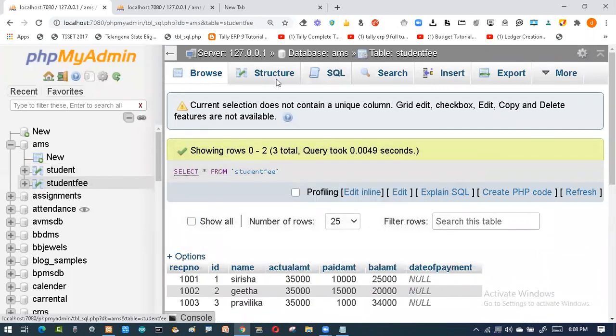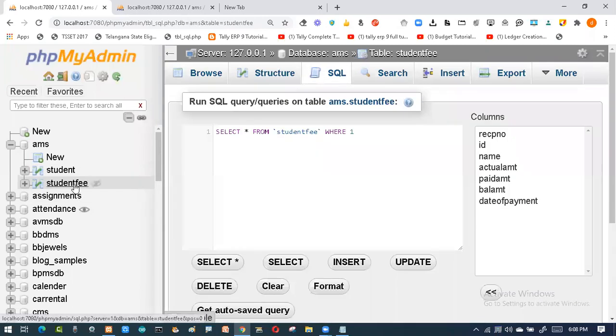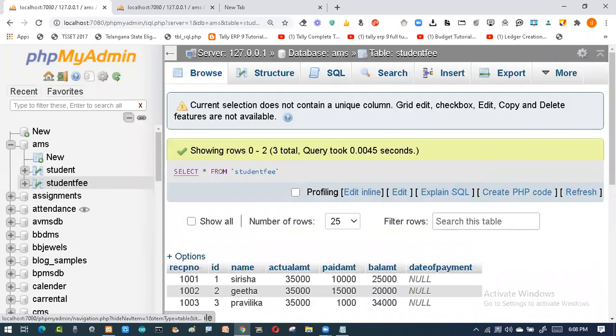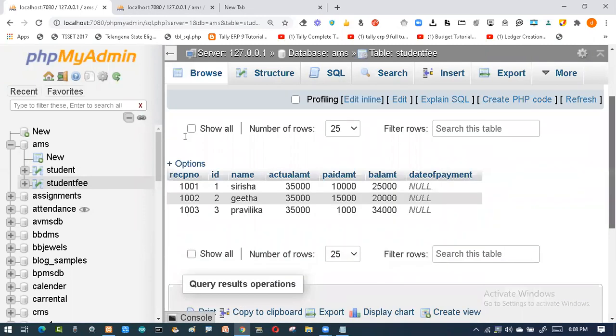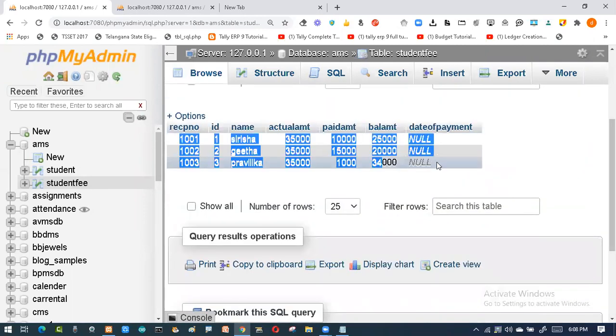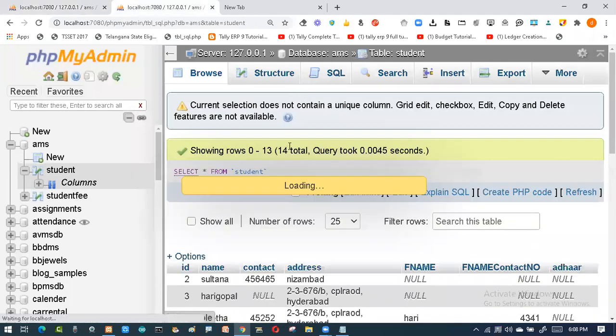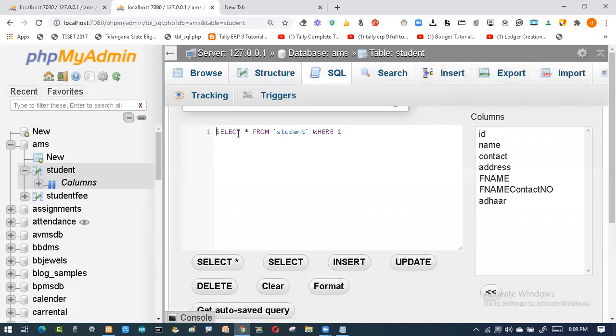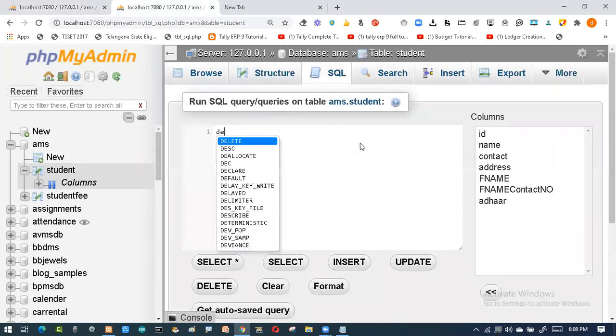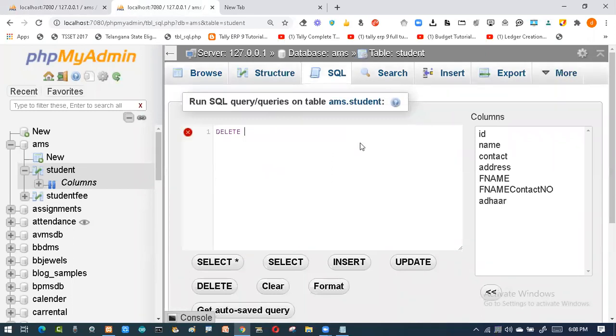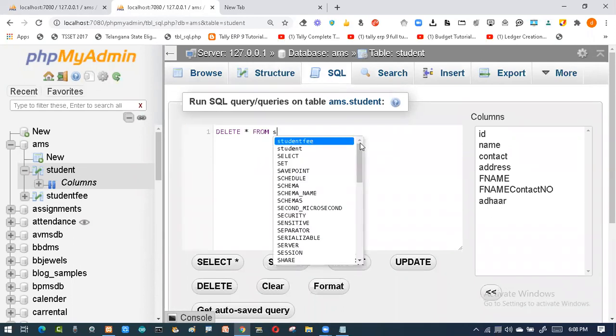So remember this structure, and we have some data there. So we'll see the data first. So here we have data. I remove this one. So I go to this. I'll write here, I want to delete all. So delete all the records from student fee.